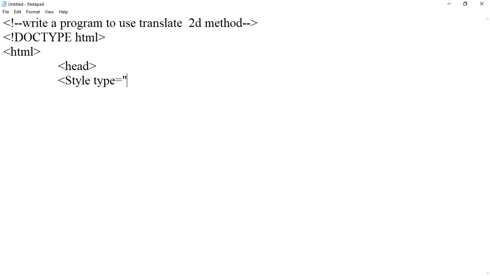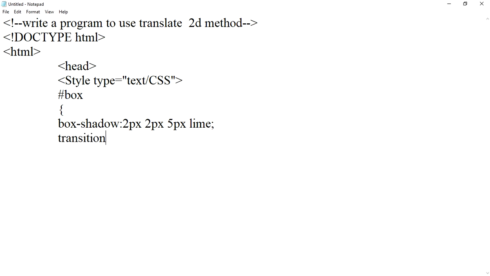style type equals to text slash CSS, as box, box shadow 2 pixel, 2 pixel, 5 pixel line, transition 425,